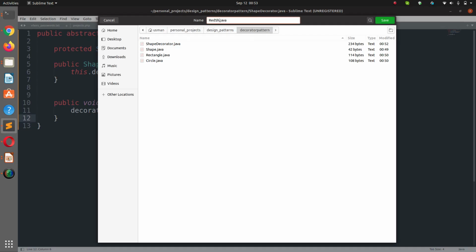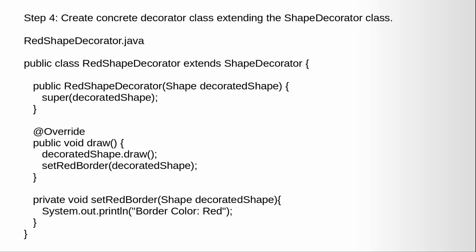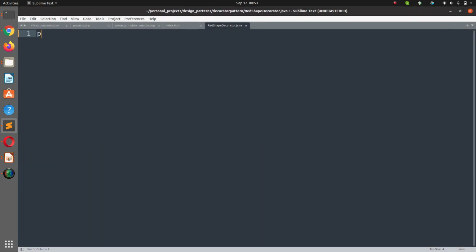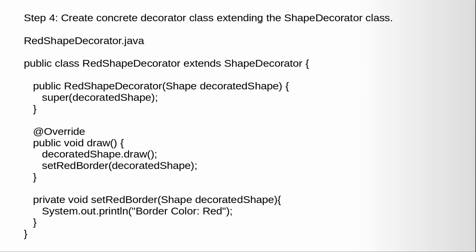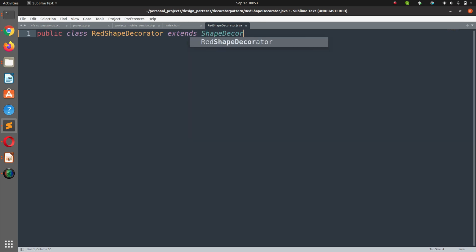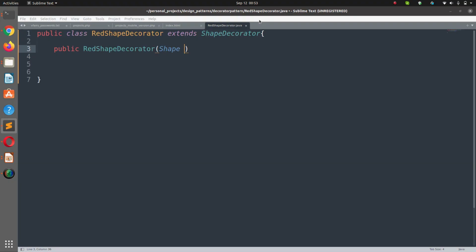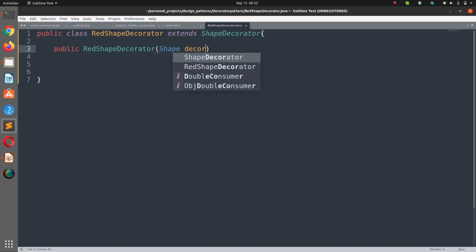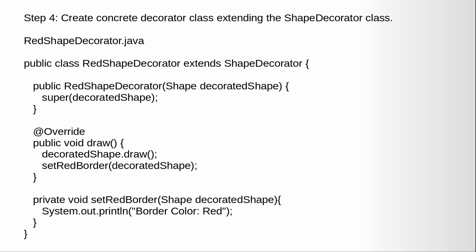RedShapeDecorator.java class. Public class RedShapeDecorator extends ShapeDecorator, and here we're going to say public RedShapeDecorator(Shape decoratedShape),